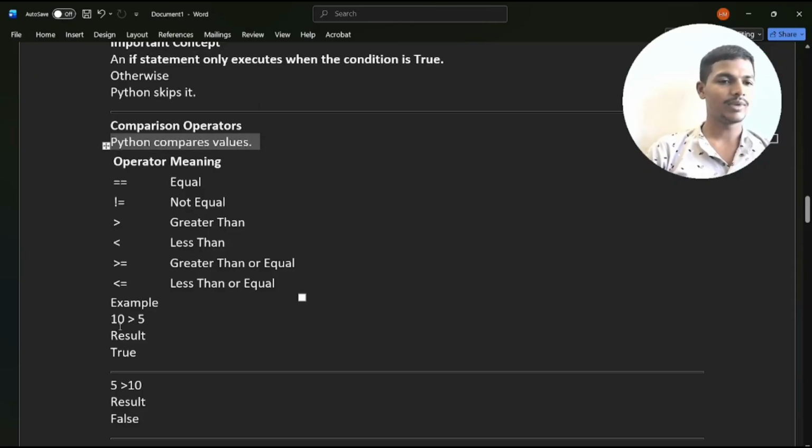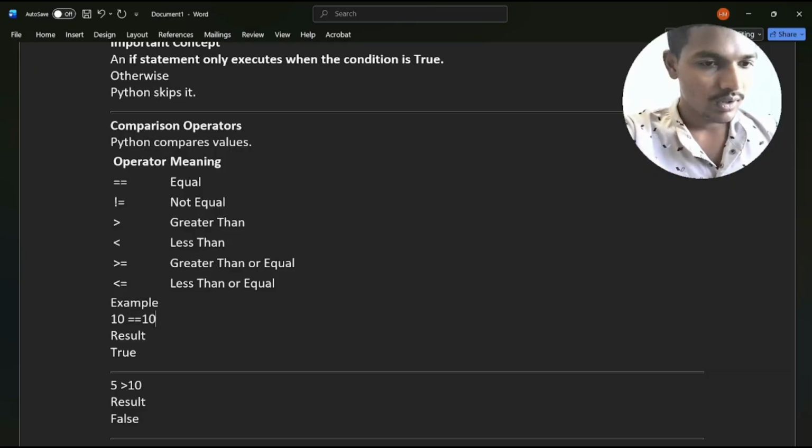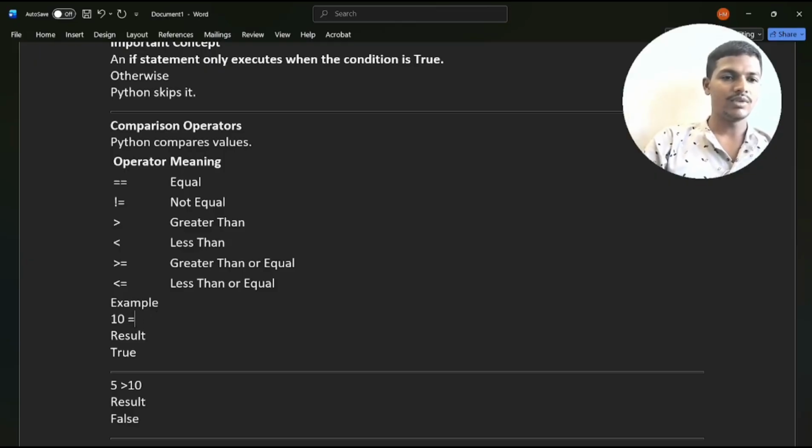In case you take a and b, this is 10 and this is 5. We'll compare them. Compare means equal, or 10 and 5 less than or greater than, like that we'll compare. Any two variables' data compared with each other is called a comparison operator. If a is equal to 10, this is true. In case the value is 7 and the operator is greater than, then 10 is greater than 7, the condition is true. In case 10 is less than 7,